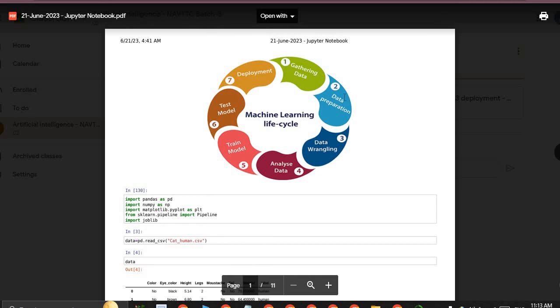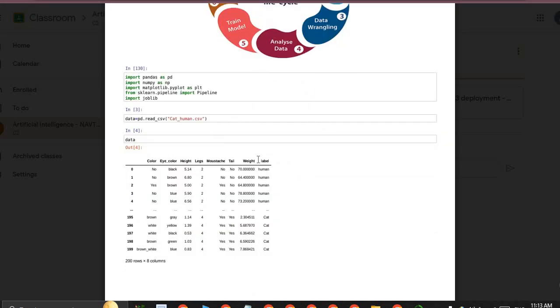And our next step is data pre-processing.